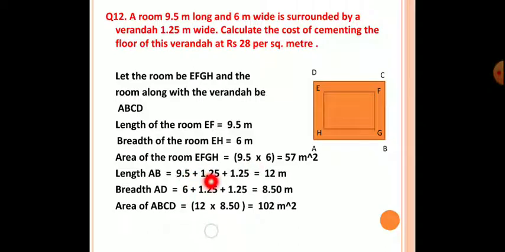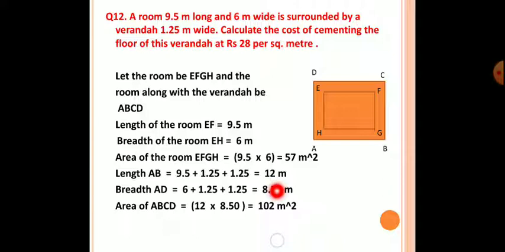To that we have added the width of the veranda, 1.25 plus 1.25, which is equal to 12 meter. Similarly, breadth is also, see, we have to include the width of the veranda from both sides. So breadth AD equals 6 plus 1.25 plus 1.25 equals 8.50 meter. So thus area of the room along with the veranda, or the whole figure ABCD, is equal to 12 into 8.50, which is equal to